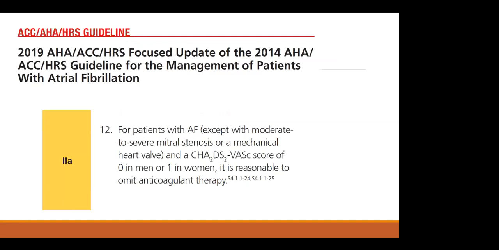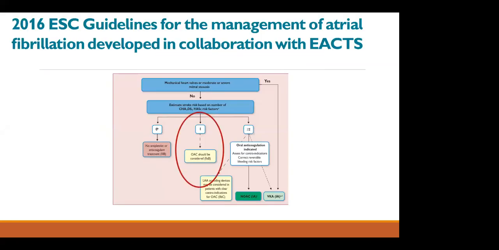For patients with atrial fibrillation with a CHA2DS2-VASc score of 0 in men or 1 in women, meaning men with no risk factors for AF or women with no other risk factor for AF, it's reasonable to omit anticoagulant therapy and not to give anticoagulant therapy. And this recommendation is clear and quite different from the 2016 European guidelines, which stated that there is